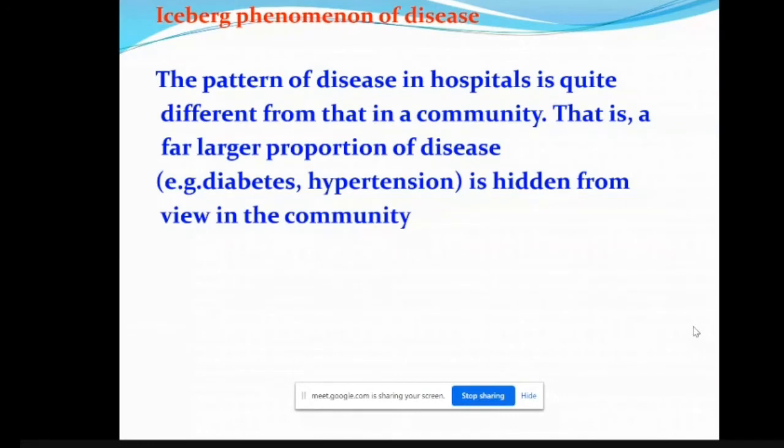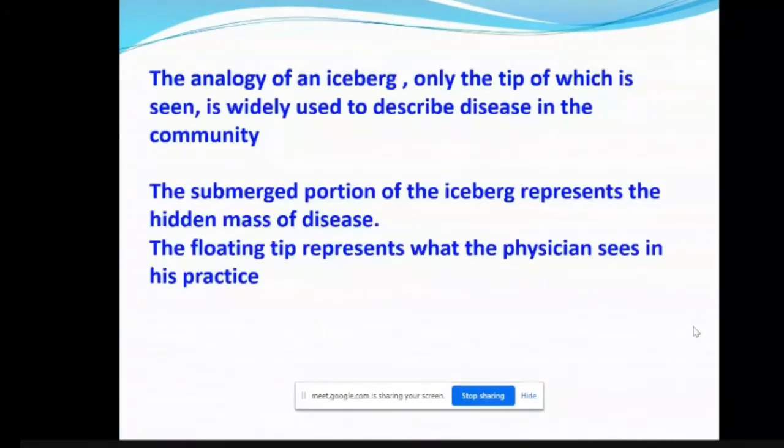In a hospital, you see evident diagnosed cases, for example, cases of diabetes, heart diseases, and other diseases. But in the community, the majority of cases are hidden in terms that they are asymptomatic or